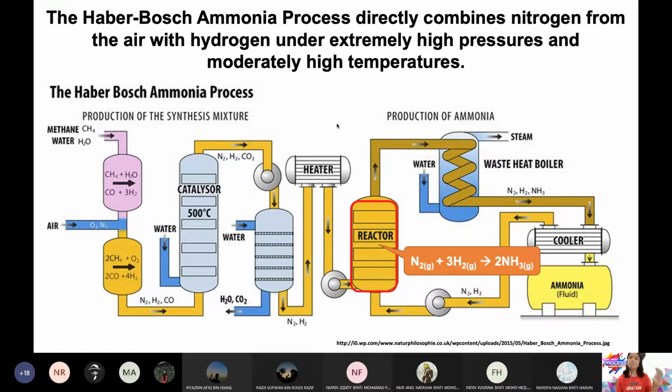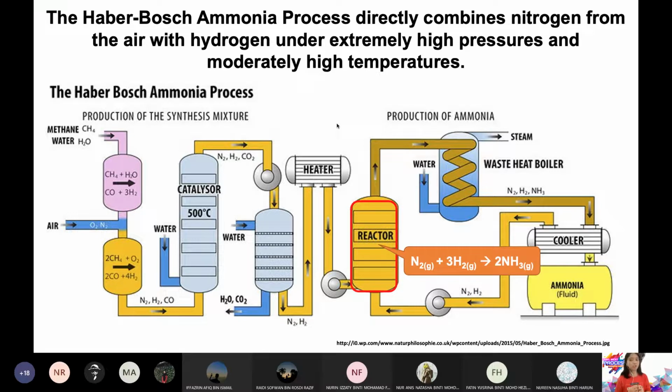Okay. So kenapa this method is very popular in producing ammonia is because the air has an abundant source of nitrogen. Kan? We have an abundant source of about 79% nitrogen in the atmosphere. So kalau nitrogen ni we can use to produce ammonia. The ammonia can be produced at a much cheaper cost. And sebab dia digunakan sebagai fertilizer for food production. So if the fertilizer cost drops drastically, the cost of food will also drop drastically. That's why they won a Nobel Prize for this, because they found a much cheaper way to produce ammonia.